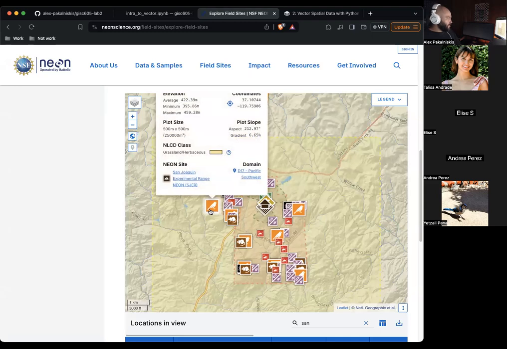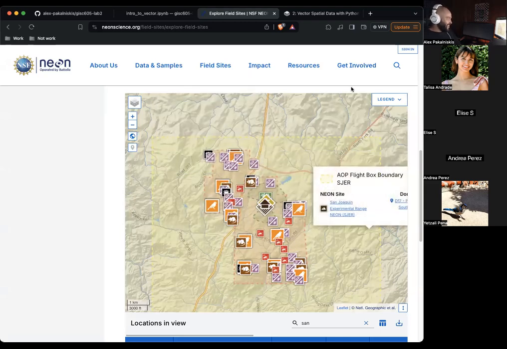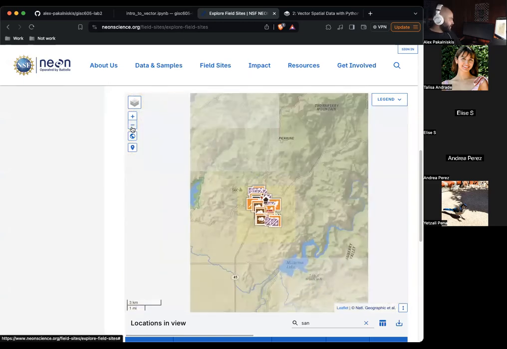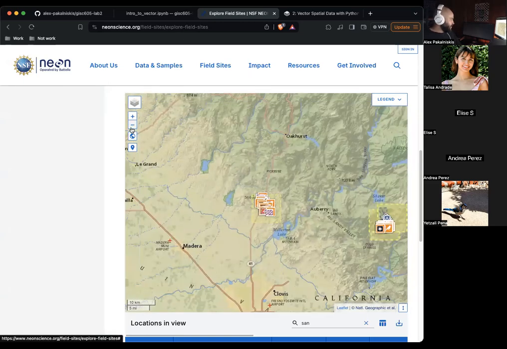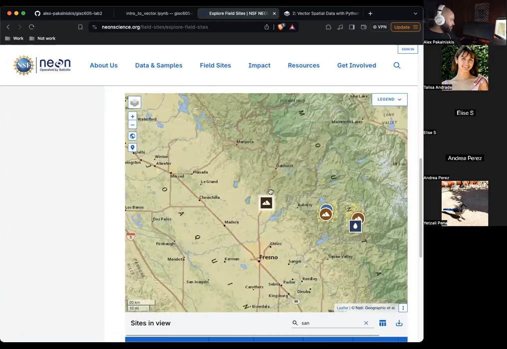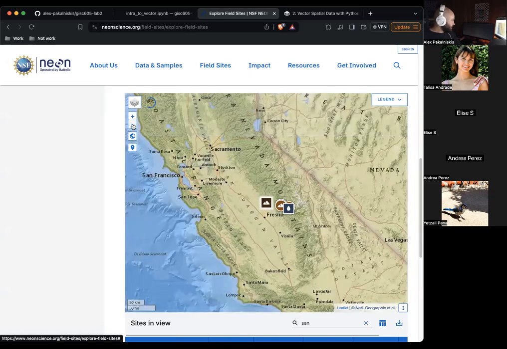You can see there's a bunch of different data that they have. They're collecting observations about the wildlife, the birds, the insects, the rodents, but also plant life, how things are changing in response to environmental change. And so we're going to be studying this site today. We can see it's north of Fresno, near the Mammoth area, I think, in the Sierra Nevada mountains. Yes, cool.